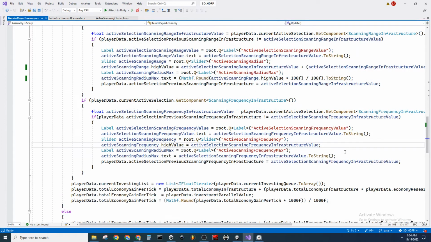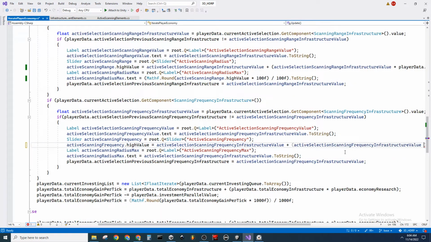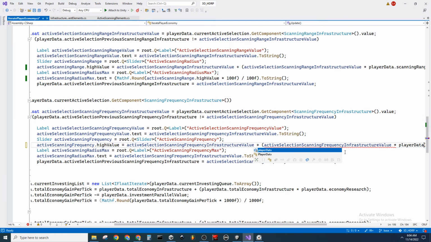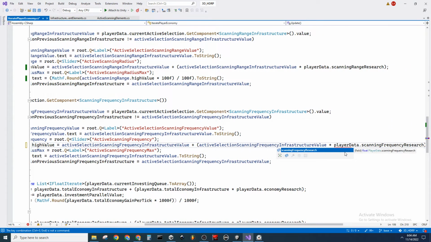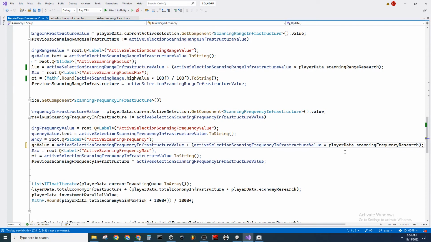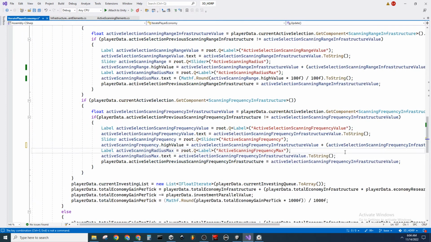Which means I'm gonna put basically the same thing down here. So the high value needs to be itself plus itself times the scanning frequency research. So high value gets set here, and then